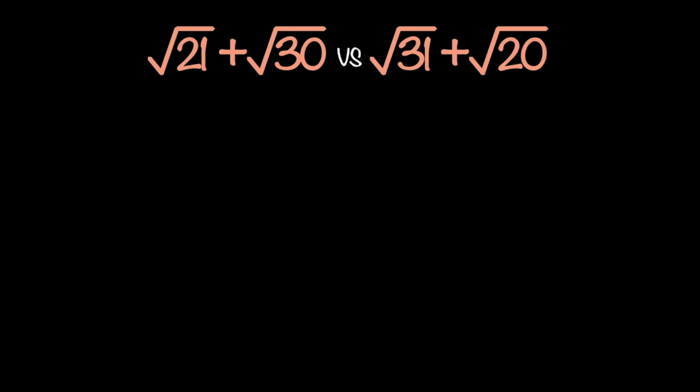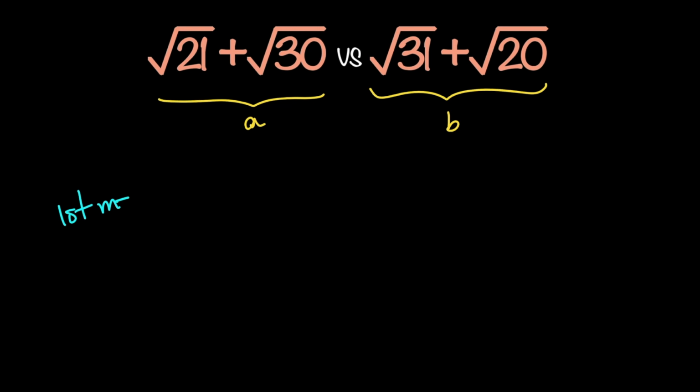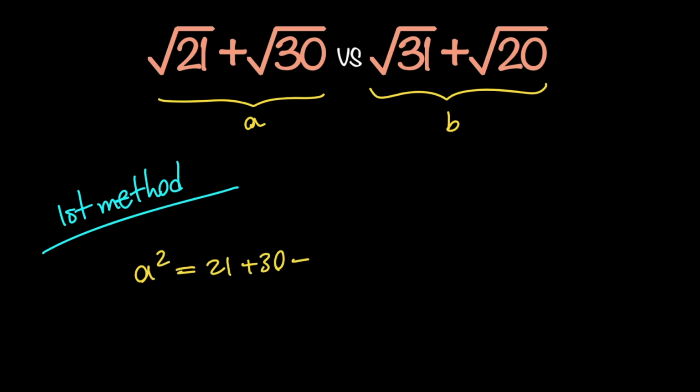So stay tuned. For the first one, I'm going to go ahead and replace this with A and replace this with B. So in the first method, I'm going to go ahead and square both sides because that's kind of a natural tendency whenever we have square roots. So if I square A, I'm going to get A squared equals 21 plus 30 plus 2 times the